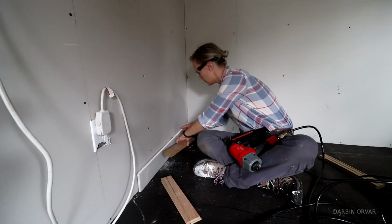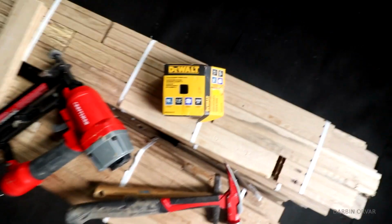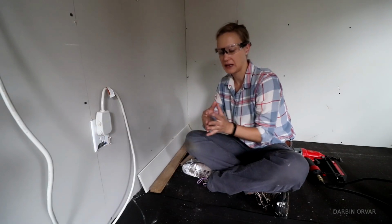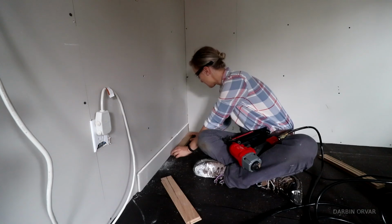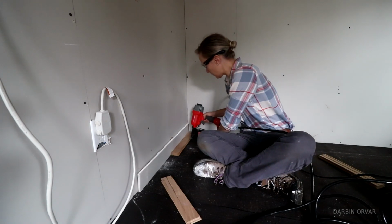So, since this room is only 140 square feet, I didn't want to rent a floor nailer for this job. So I used my 16 gauge nailer instead, with 1 5/8 inch nails. Since the wood will expand and contract this way, that's why I'm making sure I have a spacer right here. So the wood goes with the groove against the wall, and then you shoot down at the tongue at